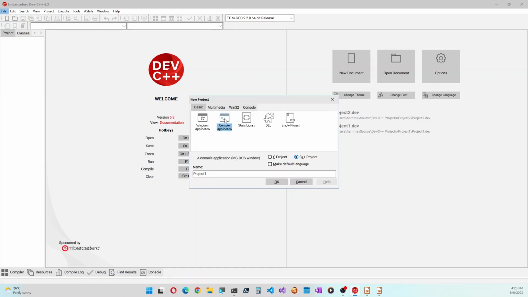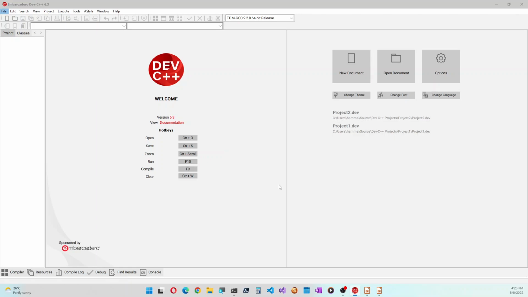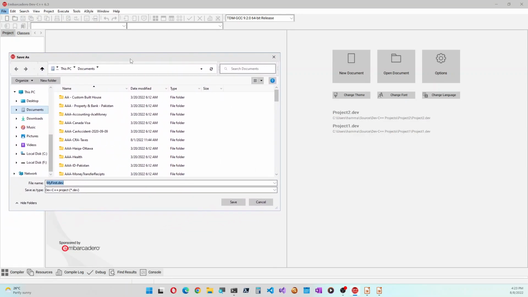We'll choose console application and we'll give it a suitable name. We need to give it a directory where we want to save it.